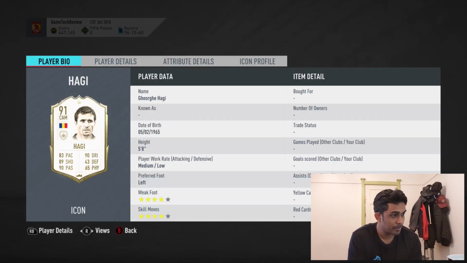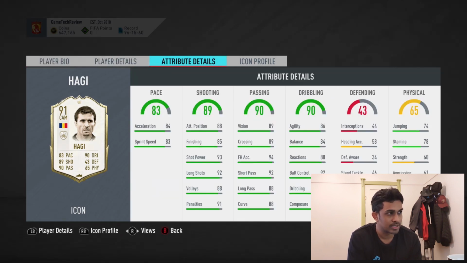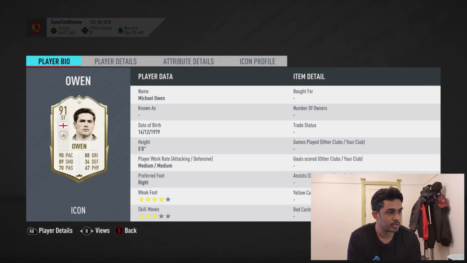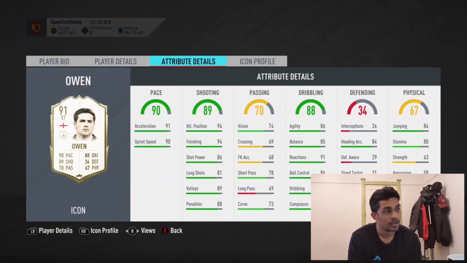Haji has a really good card, but 4-star as well. Medium low, that's the only problem for me. Medium low is a bit of an annoying work rate, to be honest. But it's got a really well balanced card, but I don't know. It's just, if you guys like him, Michael Owen, 4-star, 3-star, medium, 5'8", good pace, good shooting, good dribbling, but